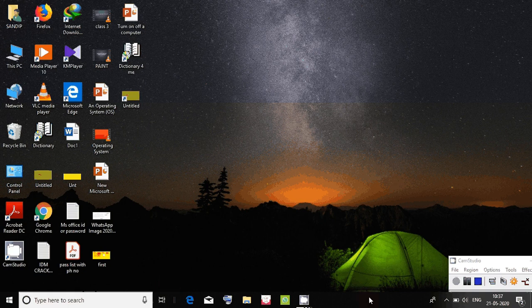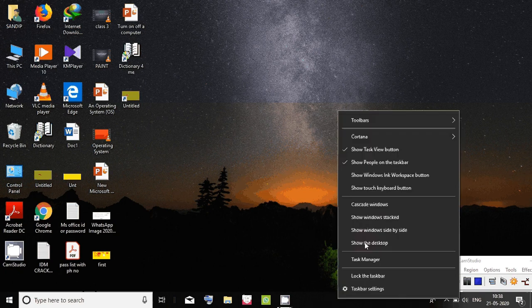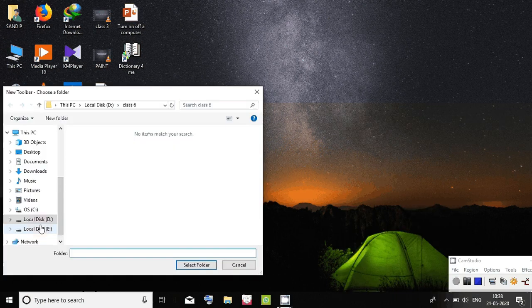Apart from this, there is another feature, which is creating a quick access toolbar. Here the things are already there. If you want to remove them, right click and unpin. So it will be removed. But if I have to add a toolbar for myself, what to do? Right click, go to toolbar, new toolbar. Now you can choose any folder from here. Suppose I want to put desktop.